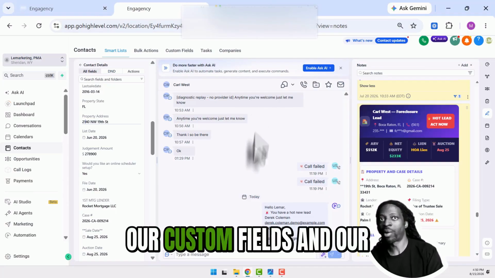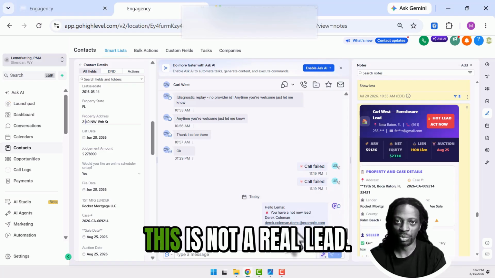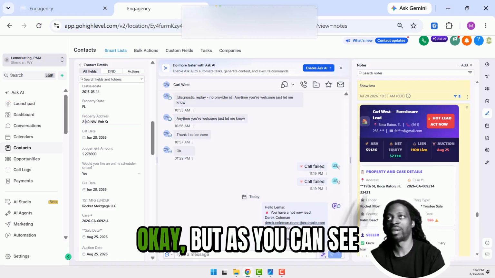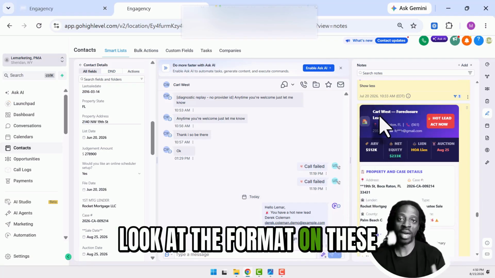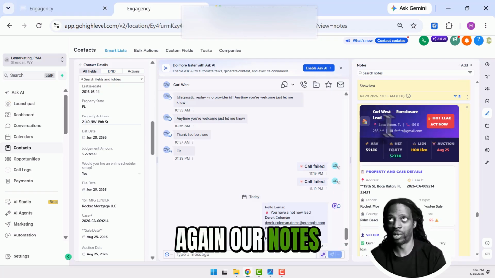And this is what our custom fields look like, and it's a demo lead, YouTube. This is not a real lead. This is all fake, dumb information. It's all demo data, okay? But as you can see, look at the format on these leads and on these notes. Again, our notes,